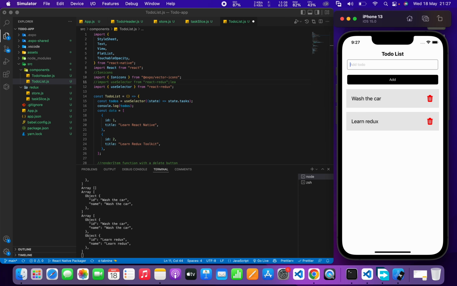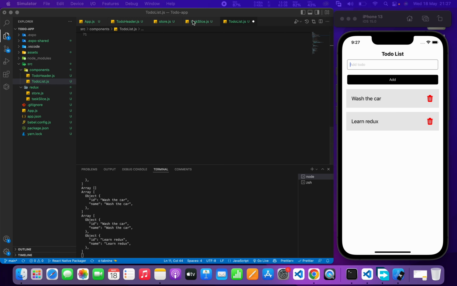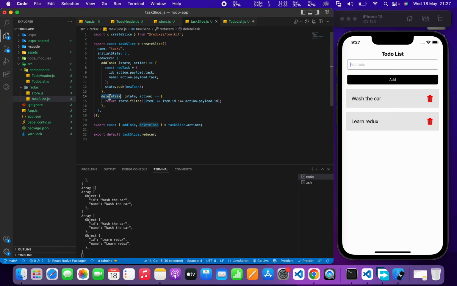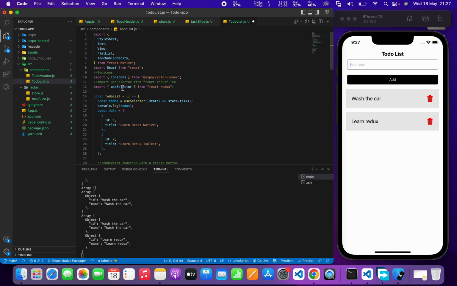So to add the ability to delete it, on our slice we already have the delete task, so we want to also dispatch now. So what we're doing now is actually a delete. So we want to go to our to do, then